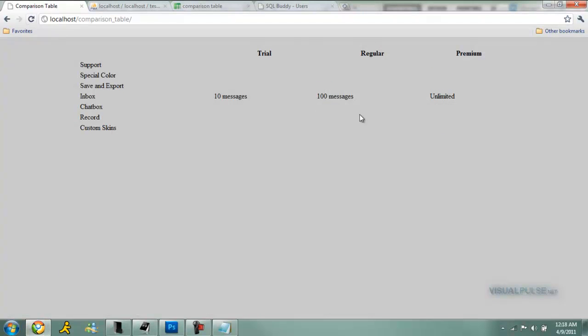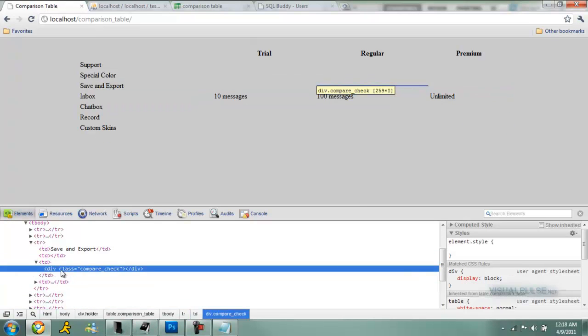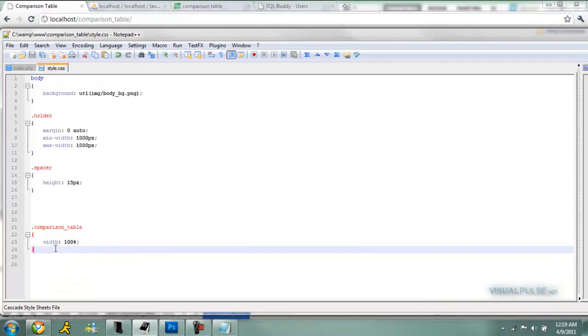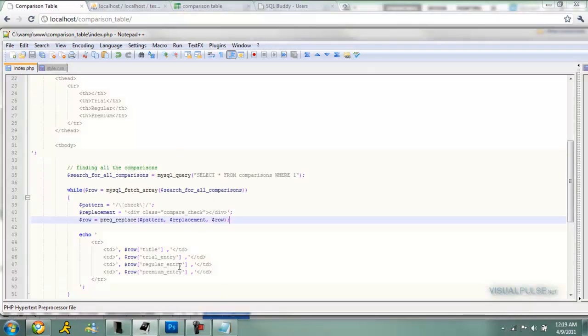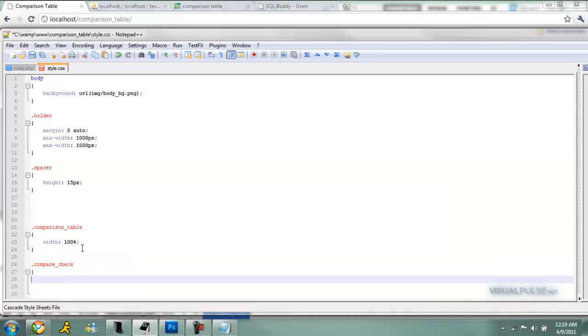And go right here, and you're probably just gonna have nothing because they're just divs. And we can inspect the element, and you can see that there's just the same div, the replacement that we have there. So now we can go to styling that, I guess. So we can just get that quickly. What is that? Compare check. Copy that and just come over here, and then background